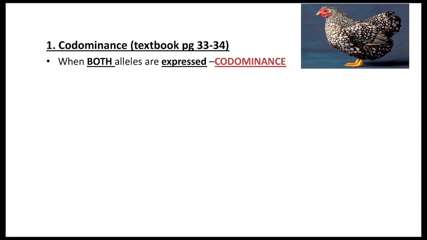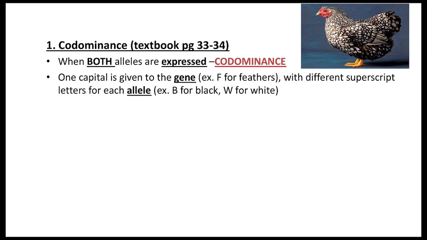So in codominance, both alleles are expressed, meaning they both show up visually. What does that look like? So one capital letter is given to the gene. So for example, F is for feathers. Here we're working with a chicken as an example, with different superscript letters, meaning they sit up in the exponent position for each allele. So for example, B for black, W for white. So what this means is that you could have your feather gene,